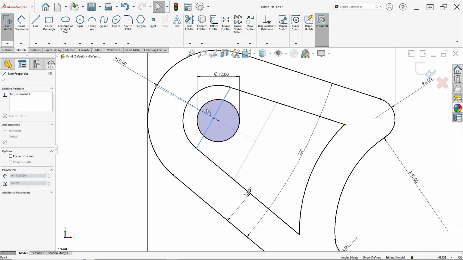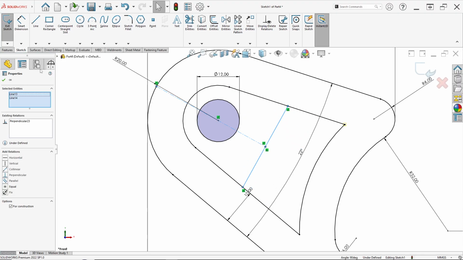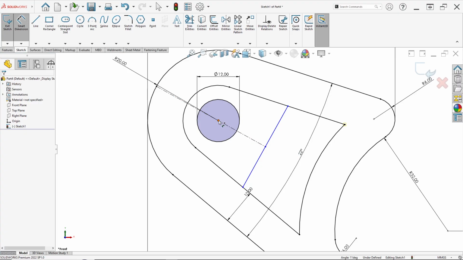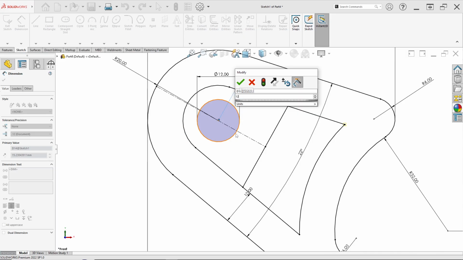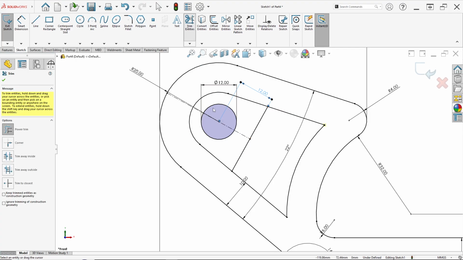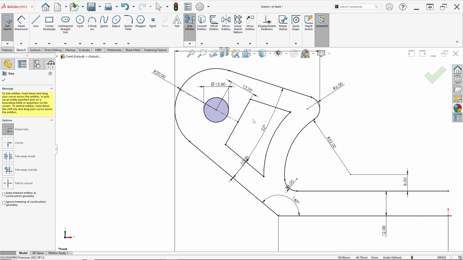Then we can drag this line, making it perpendicular, and here automatically it is 11 degrees, and here 11 degrees. Then we can set the distance from this center to this line at 12 millimeter. Input here 12 millimeter. Then we can trim entities for this line, this line, this line, and this line. We just need the sketch like this.